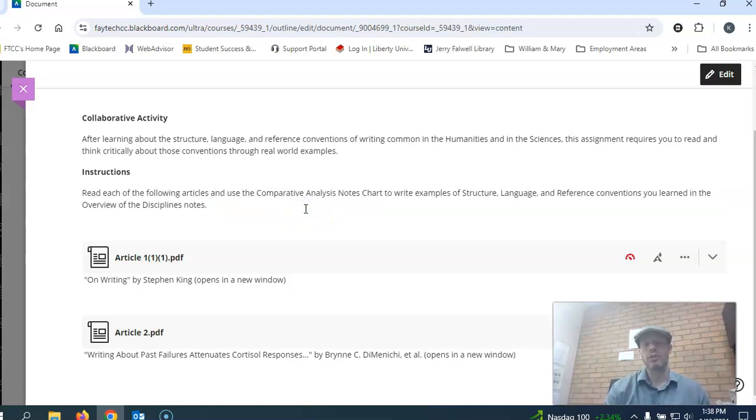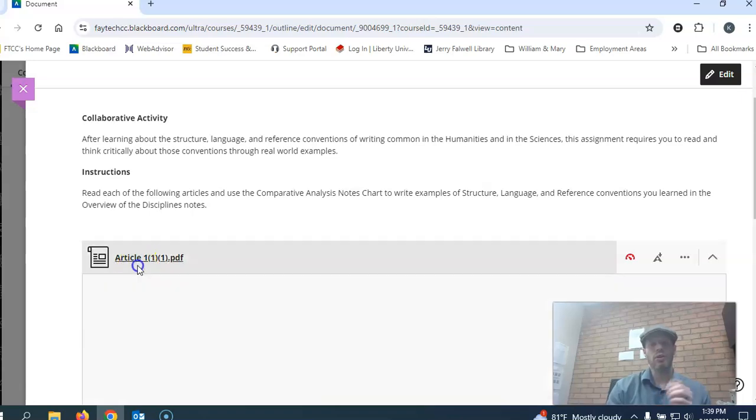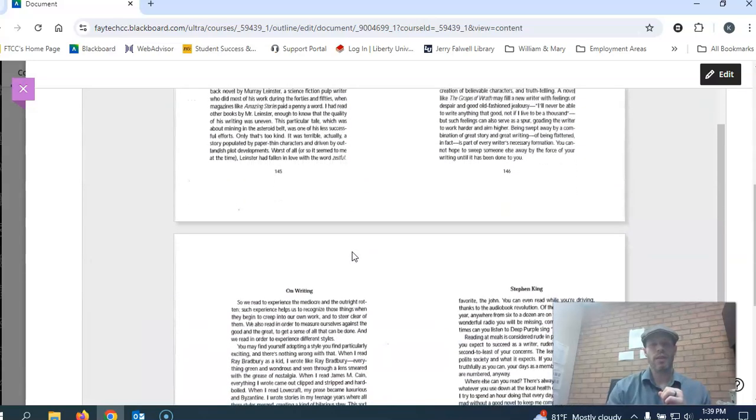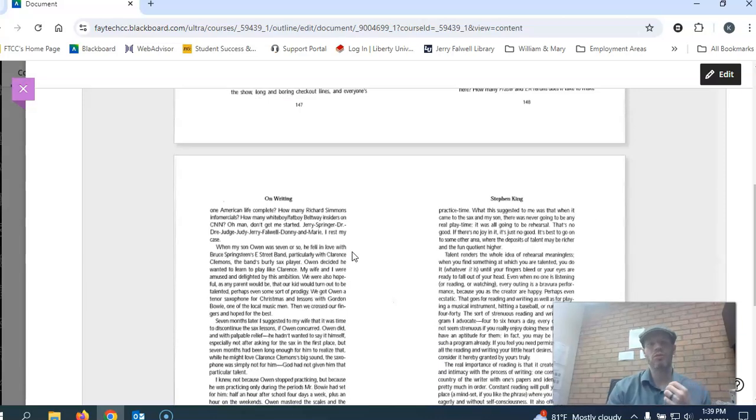notes. In other words, you're going to find examples of humanities structural and organizational characteristics in the humanities text, which is this one on Writing by Stephen King. You're going to find examples of like informal language and so forth in that text, because that's a characteristic of humanities text, and reference conventions as well. And you're going to do the same thing, the structure, language, and reference that you find in this science text here. Okay, so you'll want to read these, note, and maybe take some notes on your own